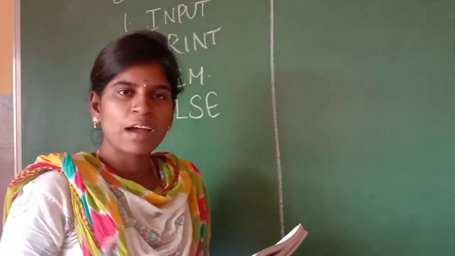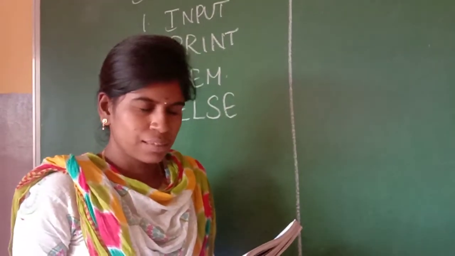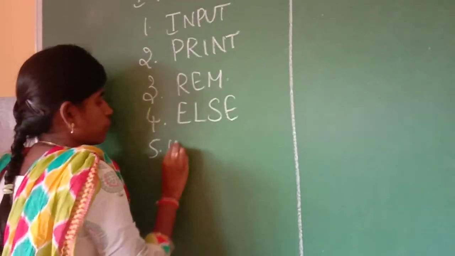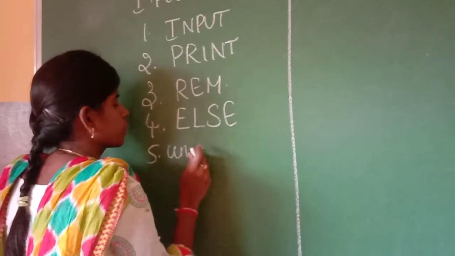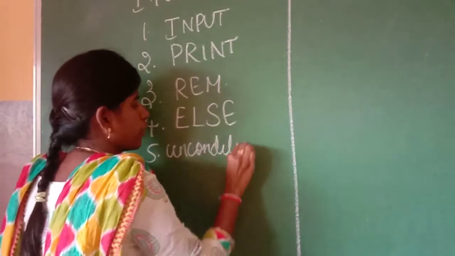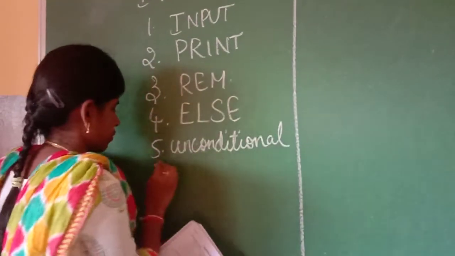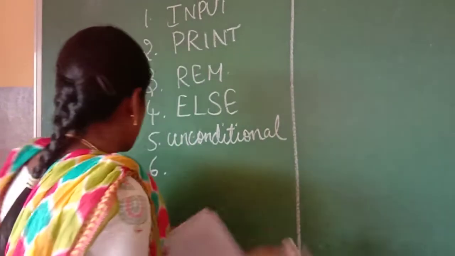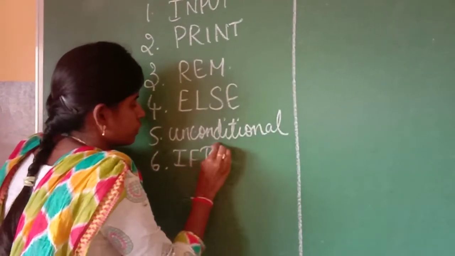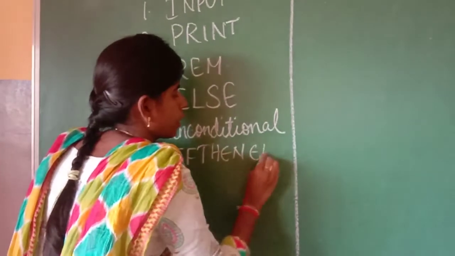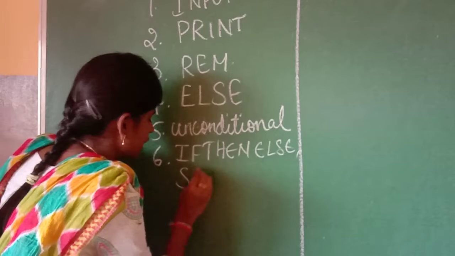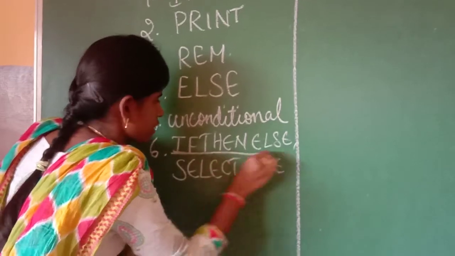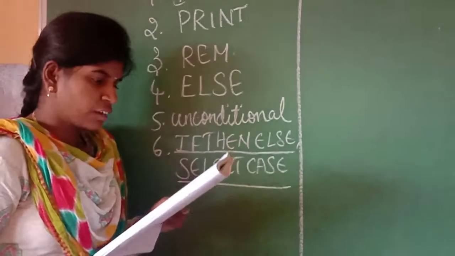Under conditional statement we have two types: one is if else and the other is select case statement. But go to statement comes under the unconditional statement. So you write unconditional. Okay. Sixth one, the dash and dash are conditional control statements. Answer is if, then, else and select case. Okay. You write the first answer in the first dash, the second in the second dash.